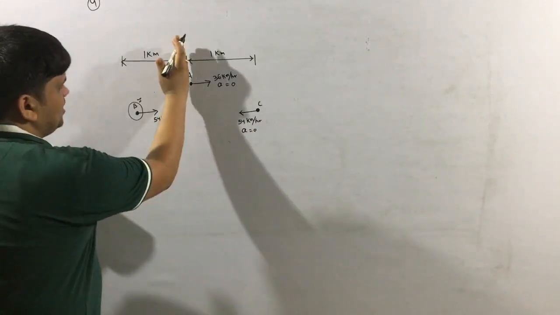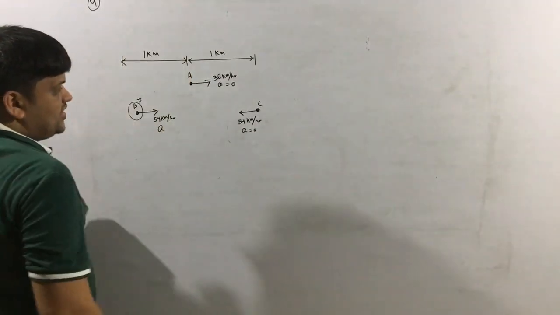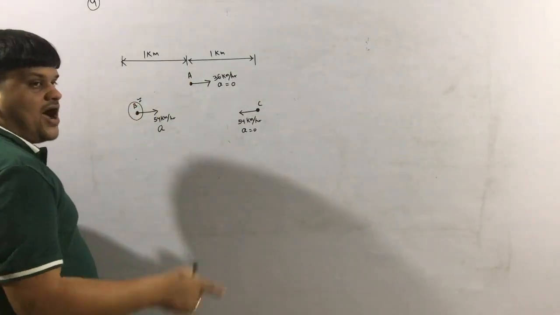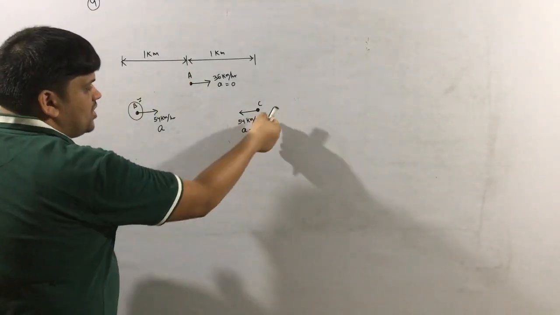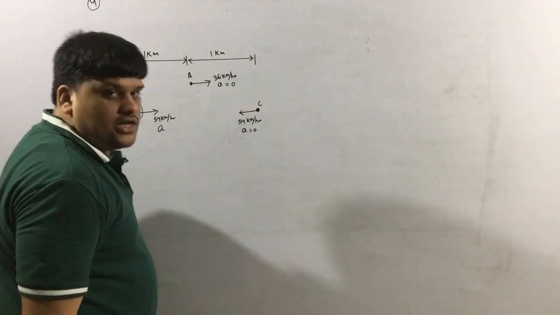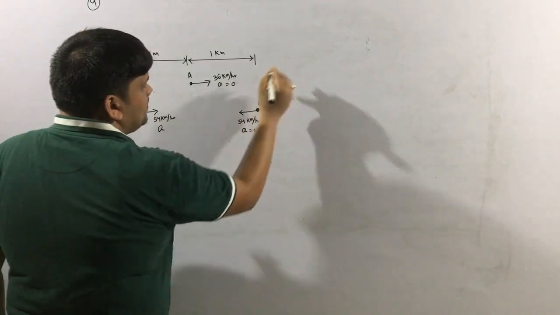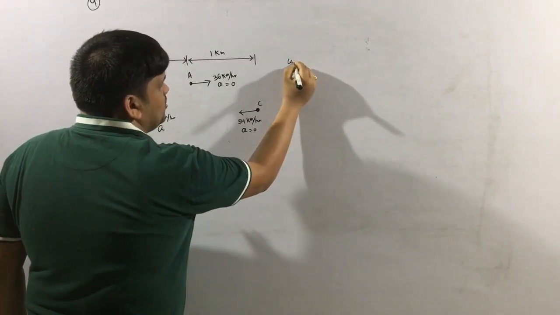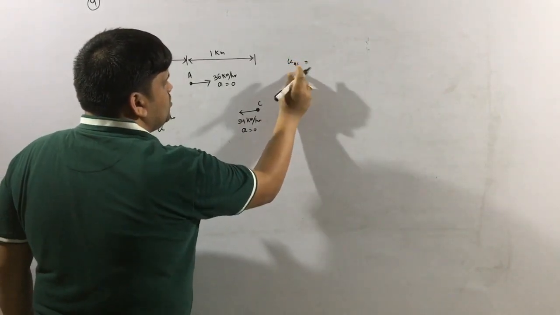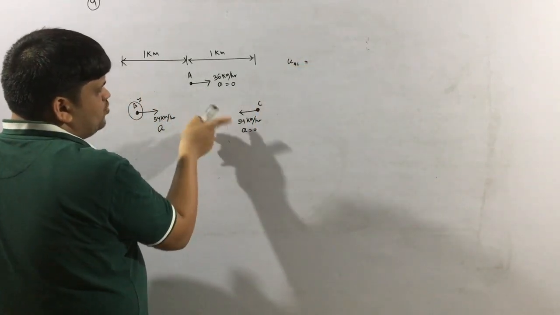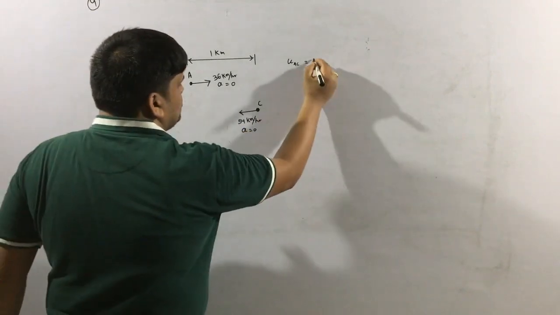Forget about this, completely forget about this part. Now just think two cars are moving, and let us find how much time taken for the car C to overtake the car A. Okay, what is the time needed? You can see for both of them, I can write UAC or U12, anything you can write. UAC equal to UA plus UC, they are moving in opposite direction, so that is going to be added.